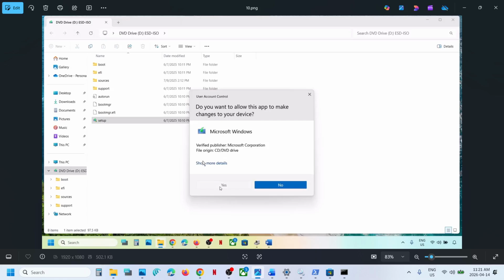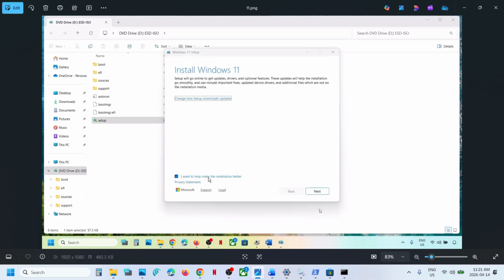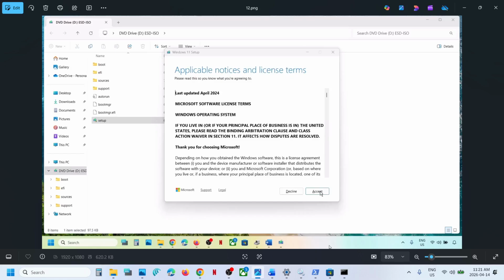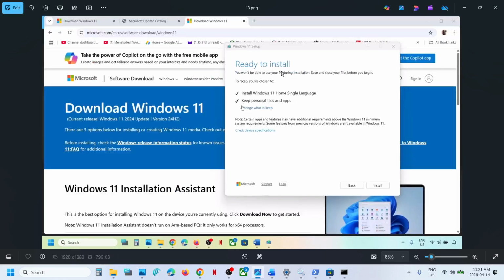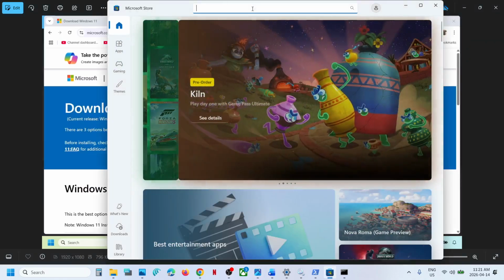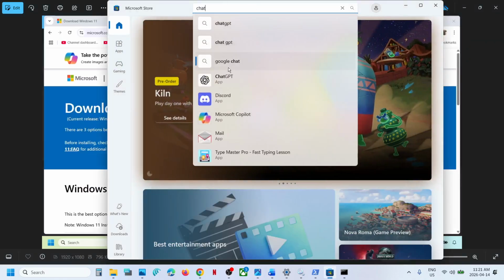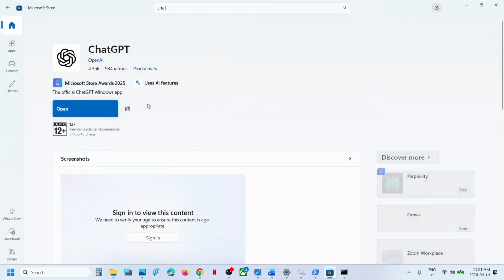setup file, click on yes to allow, click on next, click on accept, and here you can see ready to install. By default, the option to keep personal files and app would be checked. When this is checked, you will not lose any data on the computer, so make sure this is checked. Hit install. After the installation, log into the computer, and then you can open Microsoft Store and then try to install ChatGPT. So one of the steps shown in this video should help you to install ChatGPT successfully on your